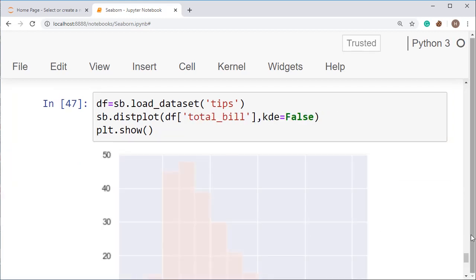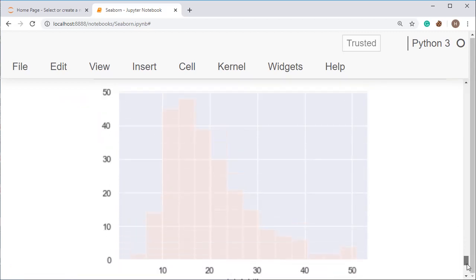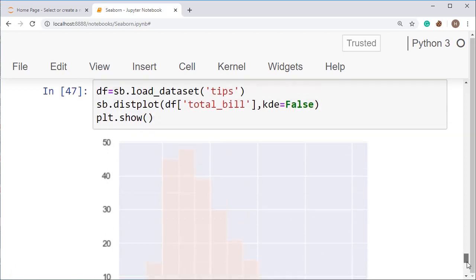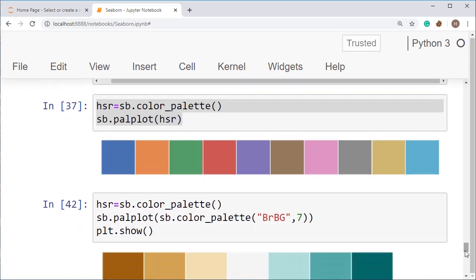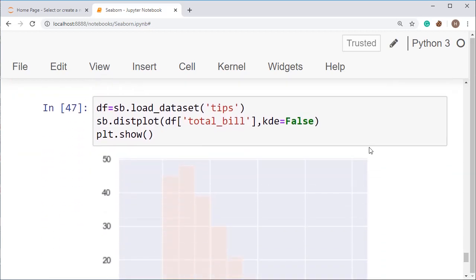So when you are going to do this, you will be getting the value like this. We have set the color palette to red, that's why we are getting the value like this. Okay. We can set the color palette here also and set it to green. So what we have to do?